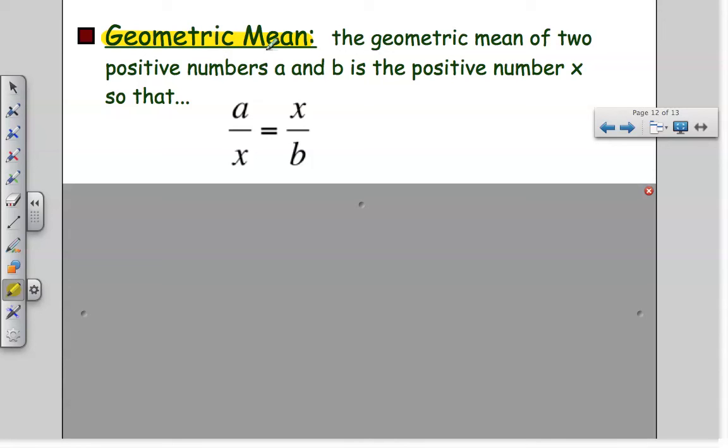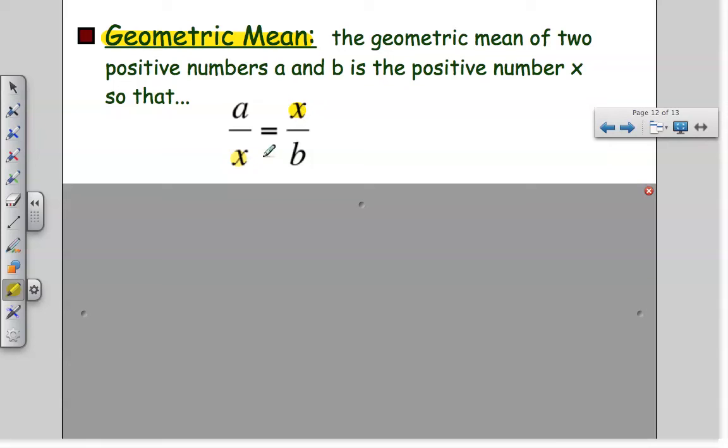This is geometric mean. Now, to find the geometric mean of two numbers, it's the number x so that a over x equals x over b. And notice that the geometric mean x is in those spots where the means go. Remember how these are called the means, and these are the extremes. So if we're finding the geometric mean of a and b, you put a and b diagonal from each other, whatever the two numbers are, whether it's like 5 and 30 or whatever. You put the numbers diagonal, and the geometric mean is the number that would show up here and here,